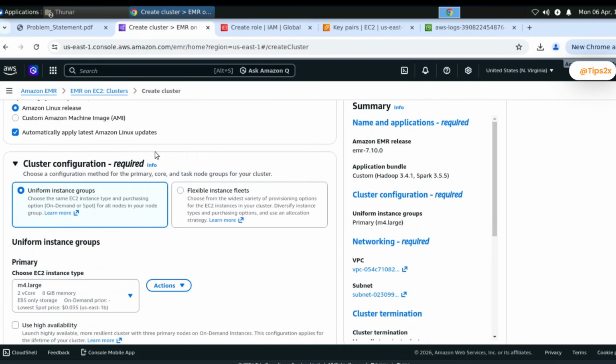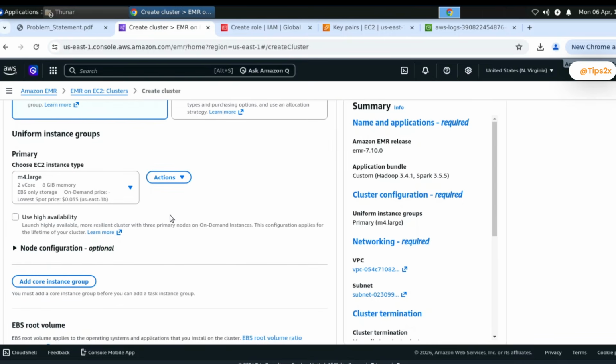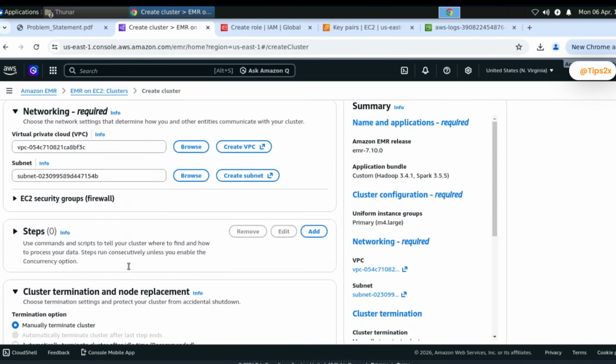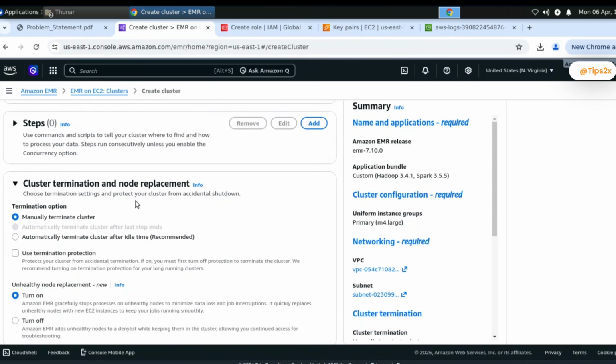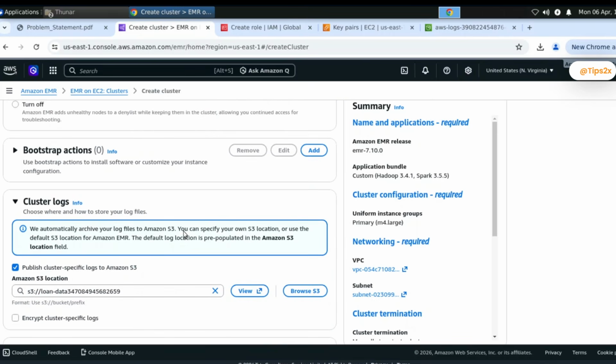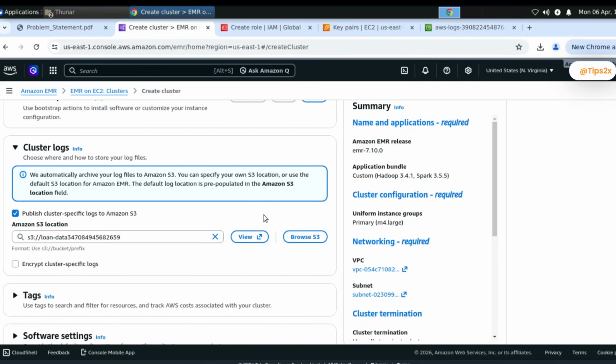And this is the cluster configuration, it's the uniform. Then it keeps only the primary node and the instance type is m4.large. Okay, and no need to check anything. And in the cluster termination and node replacement, we need to select manual termination. Then other options should be default, and in the cluster logs we need to browse our S3 bucket and select